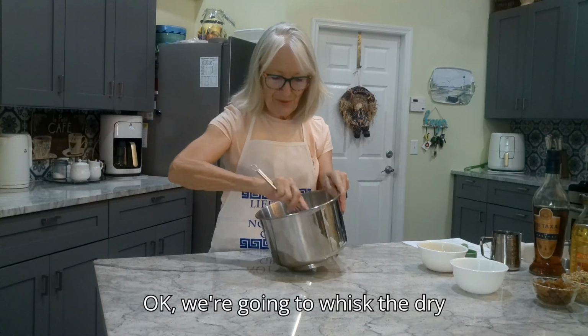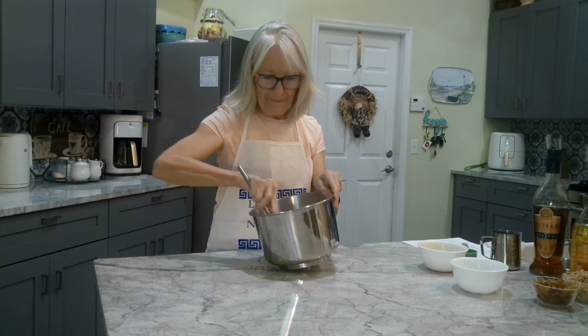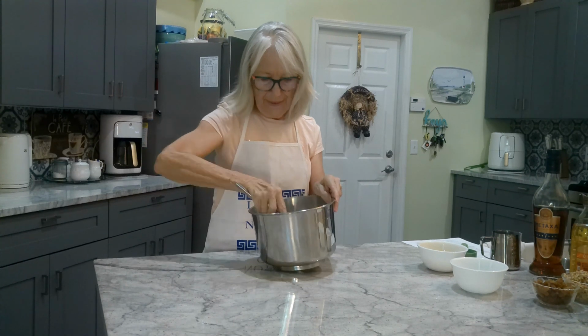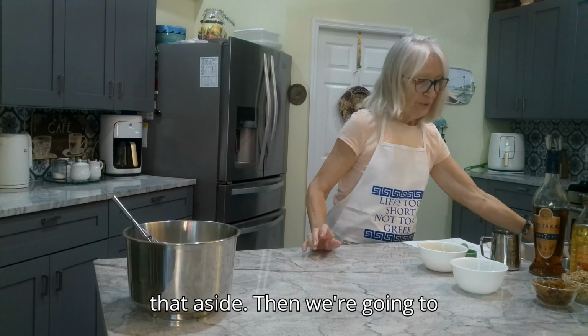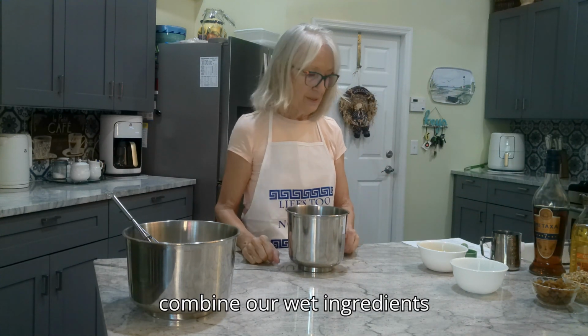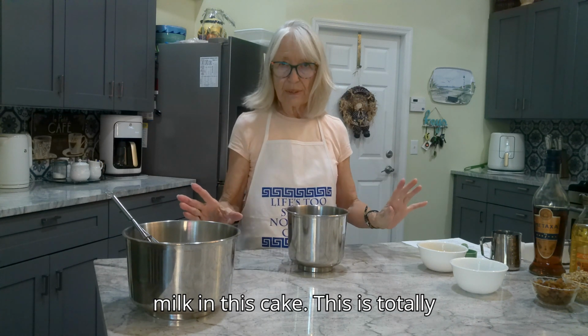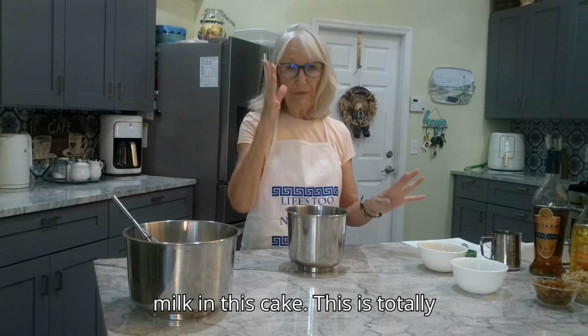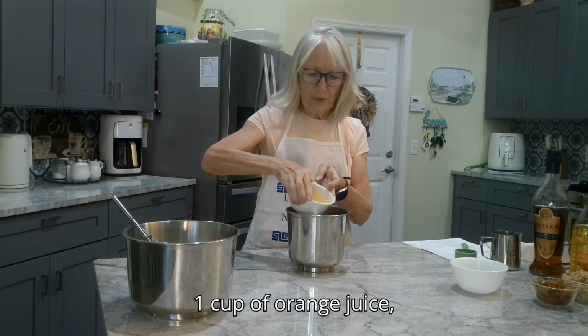We're going to whisk the dry ingredients together till they're well combined. Just like that, and we're going to set that aside. Then we're going to combine our wet ingredients, and there are no eggs or milk in this cake. This is a totally vegan cake. So we're going to have 1 cup of orange juice